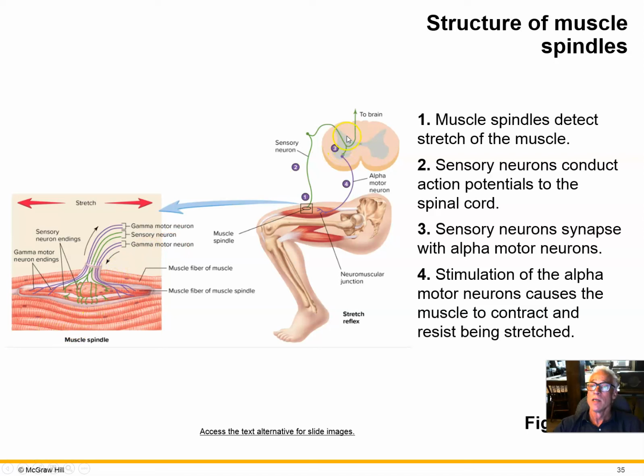When that happens, the sensory neuron synapses with an alpha motor neuron, causing muscle contraction. So, muscle spindles, when stretched, cause reflex muscle contraction. It's thought to be a postural effect to automate maintenance of muscle tone to maintain body position, body posture. So that if a muscle starts to shorten, or starts to stretch, indicating that you're kind of collapsing a little